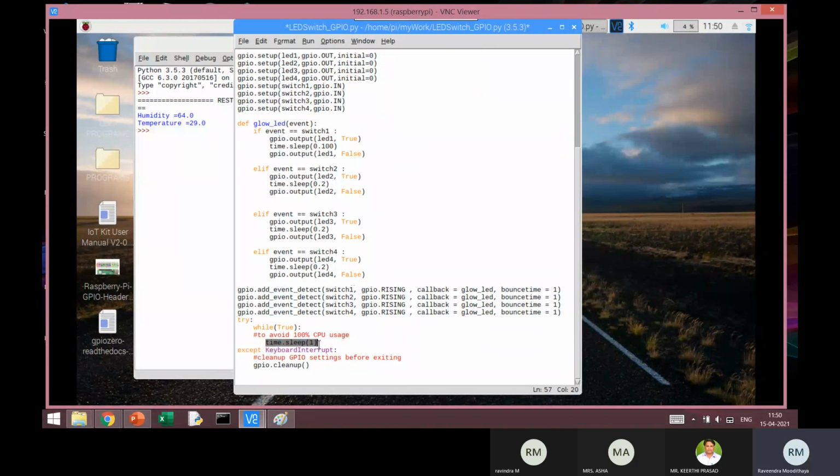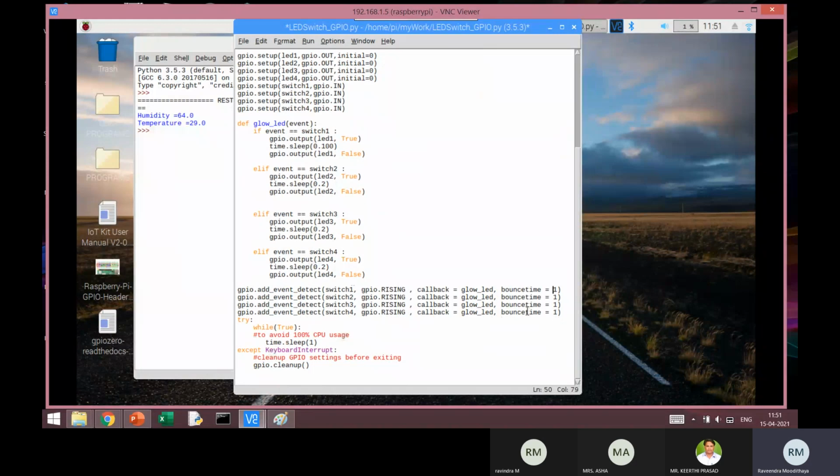This concept will be understood with two or three more programs being executed, so I'll not spend much time on it as of now. Sleep will simply wait; it will wait for 1 second when this number is an integer, and whatever you put here is in terms of seconds. Probably this bounce time can be reduced. This one is actually seconds.